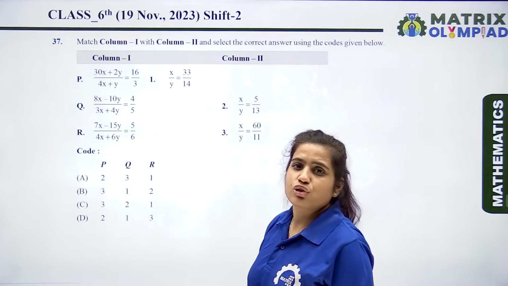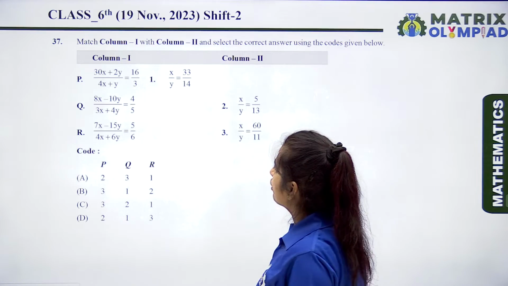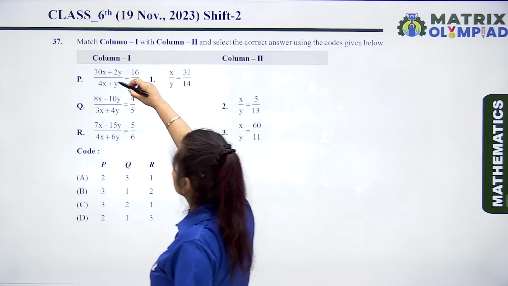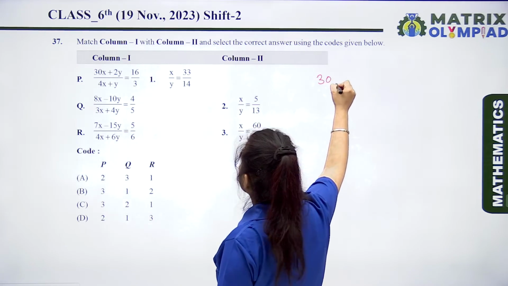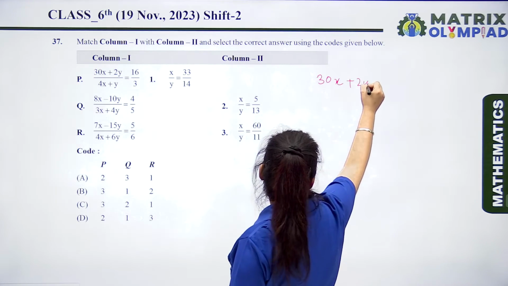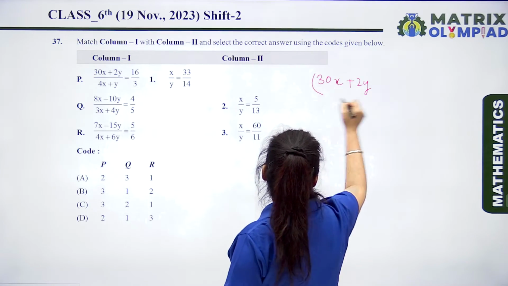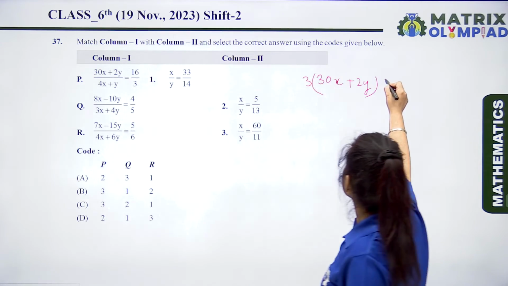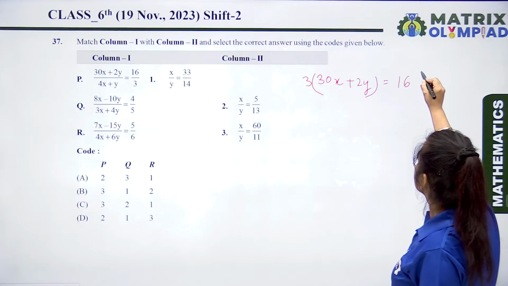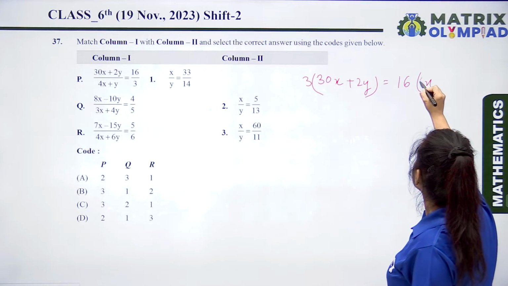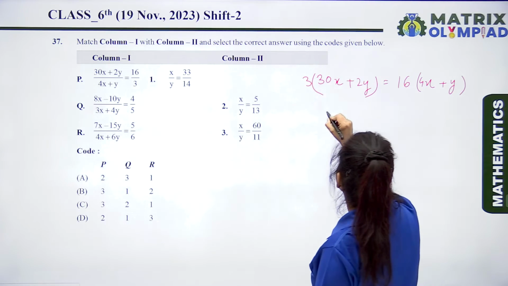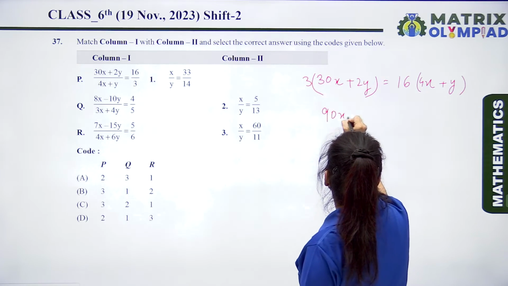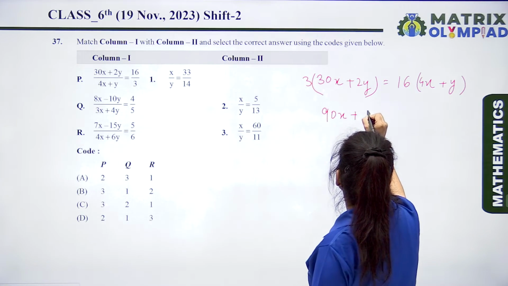Now the next question is question number 37. Here we have to find out the value of x and y. So let's solve the first part. Here 30x plus 2y multiplied by 3, and this is 16 multiplied by 4x plus y. So this is 90x plus